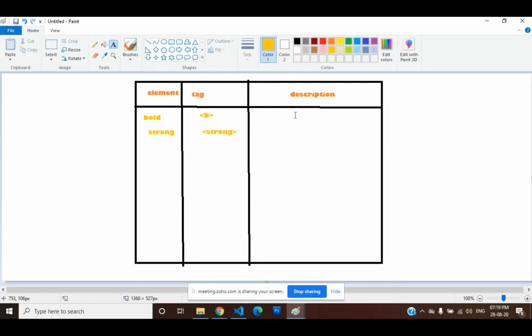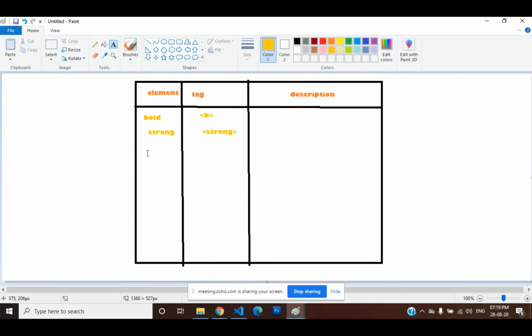It is also related to bold, but it is for viewing the text. That is the description for the second one.